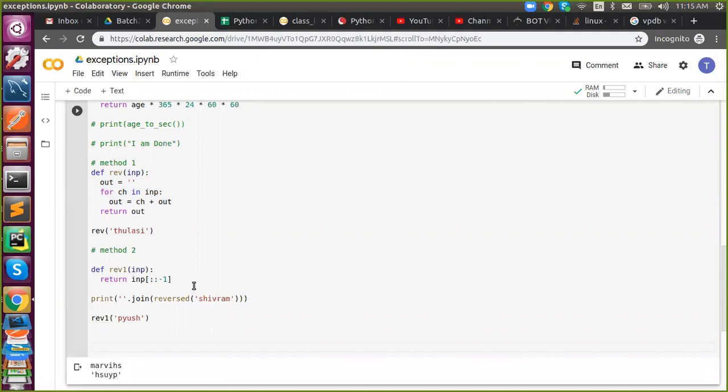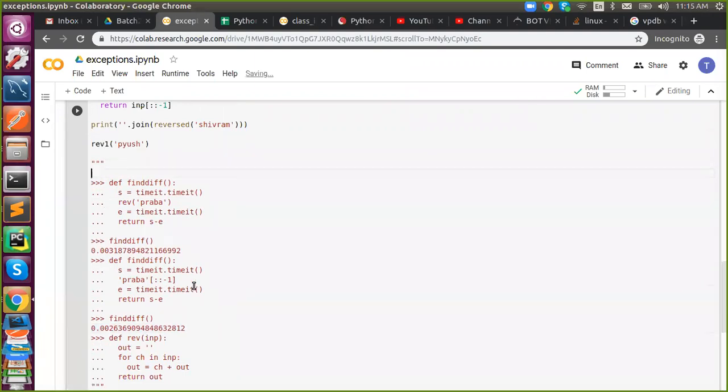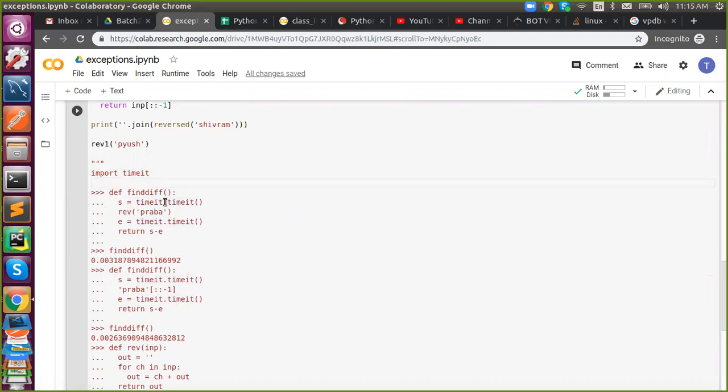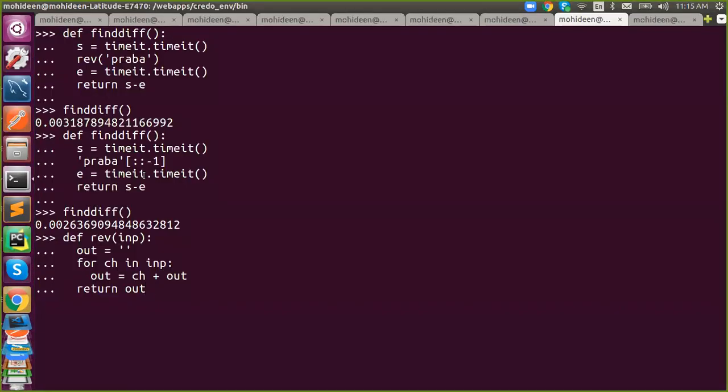What I have used actually? Import what? Timeit. Correct? It is timeit. So with the help of timeit, it will give you the timestamp. With the help of the timestamp, we need to subtract from the start to the end. If you deduct the start from the end, you will get the exact time consumption. So for that block of code, how much time it consumes, you will easily identify that.